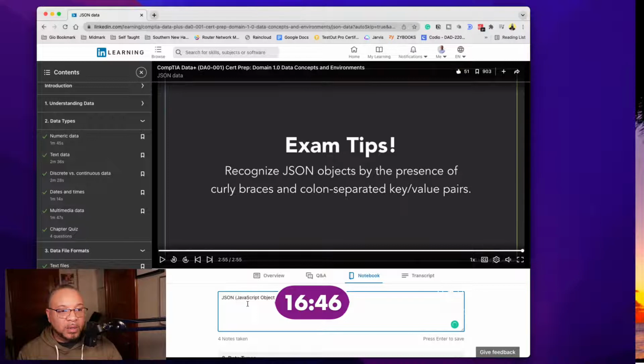All right, so JSON can be noticed by the presence of curly braces, sorry, and colon separated key values.